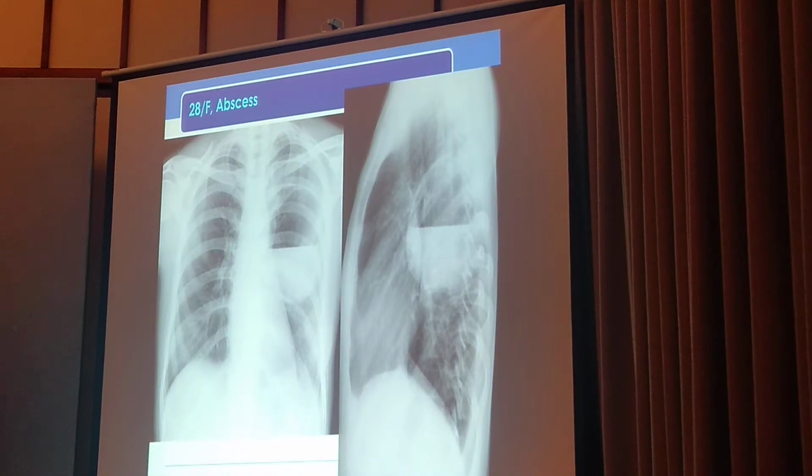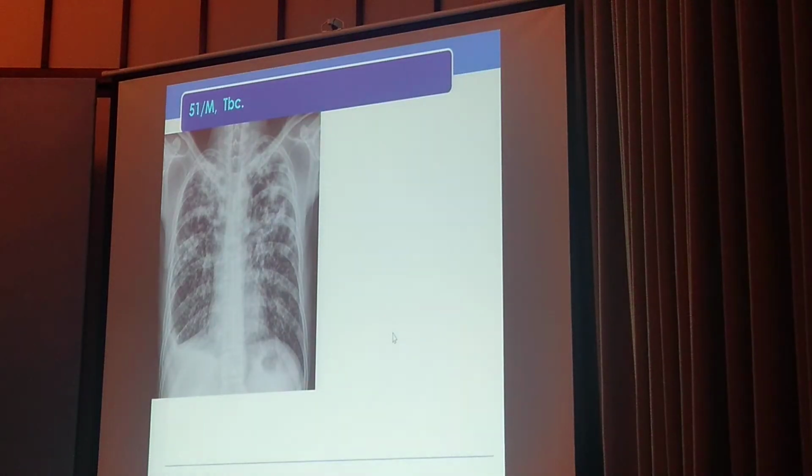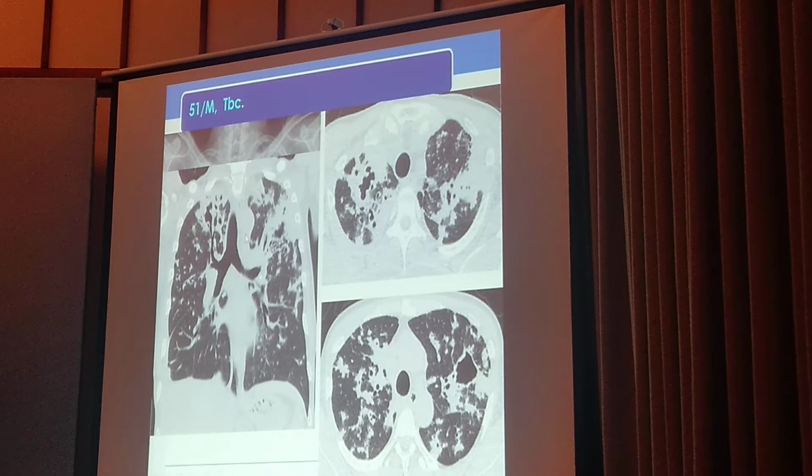Sometimes the abscess has a very thin wall with an air fluid level. But compared with pneumonia, in tuberculosis like this, we can find a lot of centrilobular nodules and the cavity. CT shows the cavity size. You can find it is very irregular and thin, and some areas have a thick wall, and the inner wall is also very irregular with little or no air fluid level. So this is a typical pattern of tuberculosis cavity.